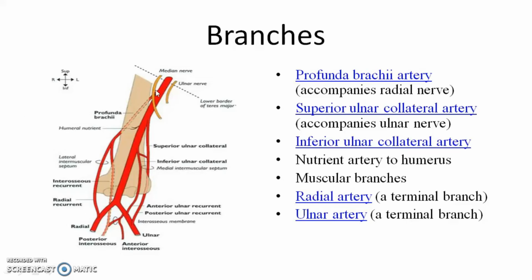So the artery which they shown as brachial artery is crossing from medial aspect to the lateral aspect, and this brachial artery, first branch it is giving us profunda brachii which is going posteriorly, then after reaching the lateral aspect, there it is giving some branches which we will deal later. Then we will be having medial aspect giving 2 branches, one is superior ulnar collateral and the one below, that is inferior ulnar collateral, and near to the neck of the radius, somewhat here it will be seen. So near to the neck of the radius we will be having terminal branches of this brachial artery, that is one medial branch, ulnar artery, and one lateral branch, that is radial artery.